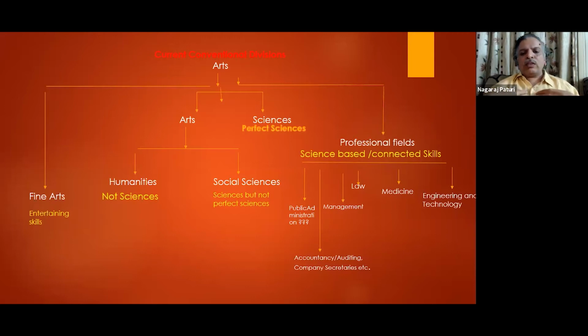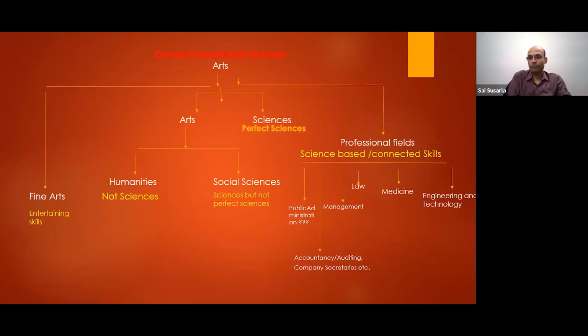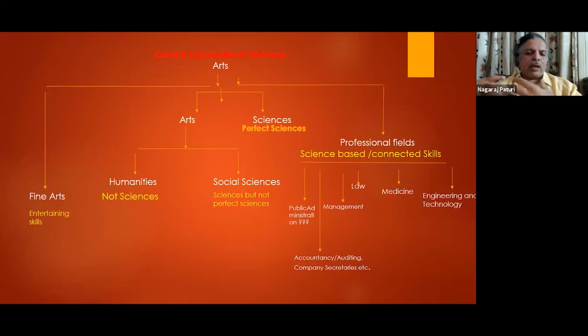Always these social sciences look up to those perfect sciences and try to see how much mathematical nature, how much quantitative analysis, how much logical positivism, how much experimentation, how much replicability, how much predictability, all these features of the perfect sciences are there in themselves. And then to that extent they say,